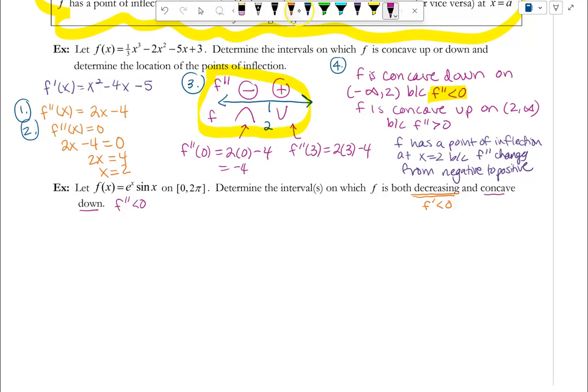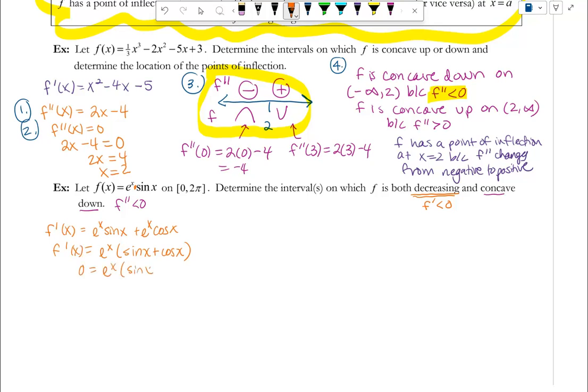So let's start off with our first derivative. If I find my f prime, I must use the product rule here. So we get e to the x sine of x plus e to the x cosine of x. And I know that if I'm trying to find where this is equal to 0, I probably want to use factored form here. So e to the x times the sine of x plus the cosine of x. All we could do is pull out a GCF. And if I'm setting that equal to 0,